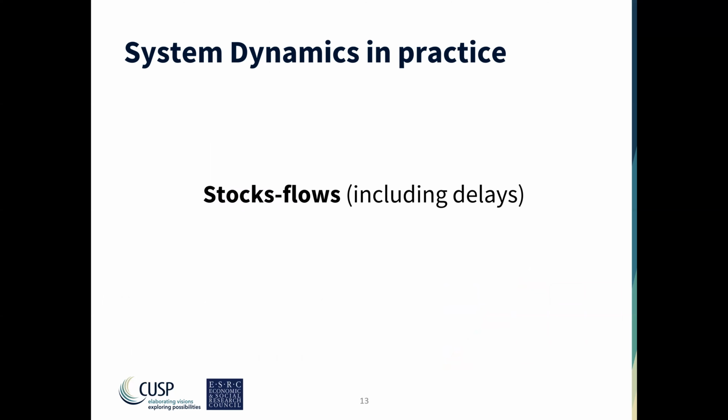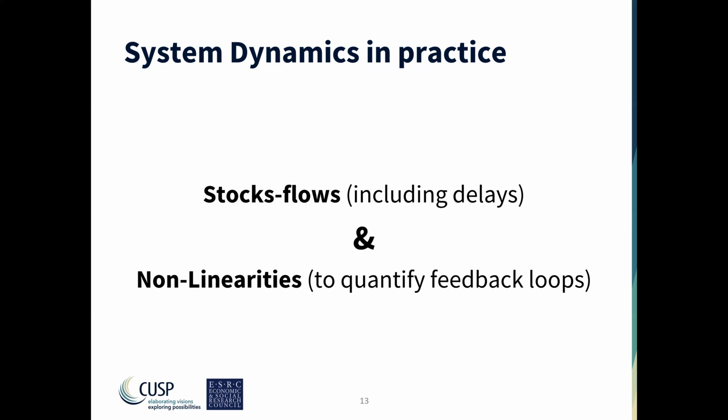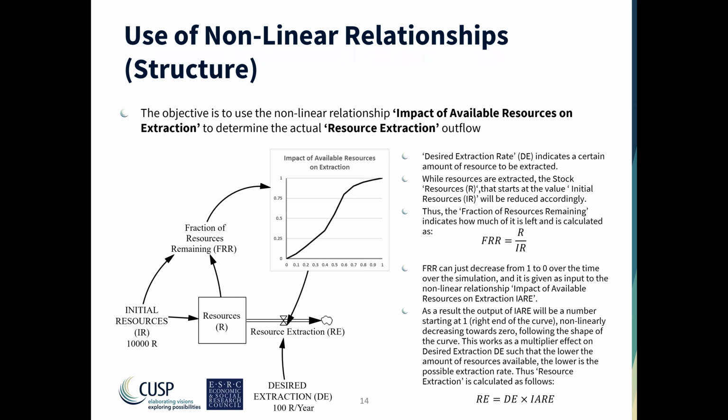Now, in practice, many people will tell you that system dynamics is about stocks and flows, but they are wrong, in the sense that stocks and flows are generally the basic ABC for every single dynamic model. You can find that in other methodologies such as agent-based modeling or econometric or general equilibrium modeling or anything you can think of. The important element which differentiates this approach from the others is the use of nonlinear relationships that are normally used to quantify feedback loops in the system dynamics model. And now we see how we use them.